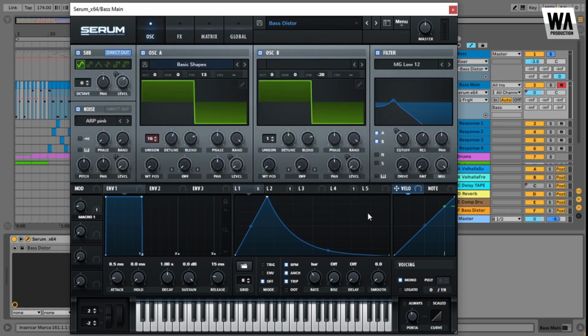Another important part of this patch is, well, of course, I have mentioned it before, but the monophonic switch has to be turned on, and the portamento just about 130 milliseconds. It's okay. Now the main key for this bass is to have this kind of rhythmic behavior,